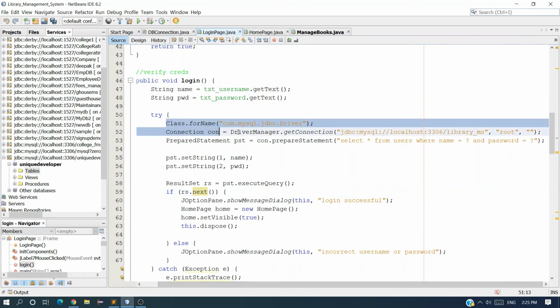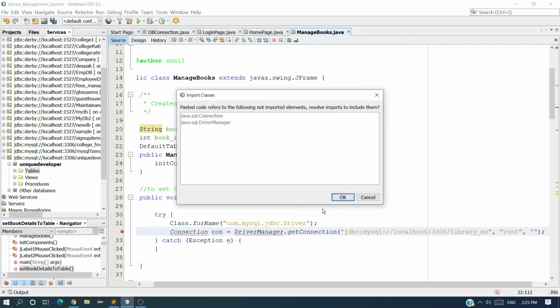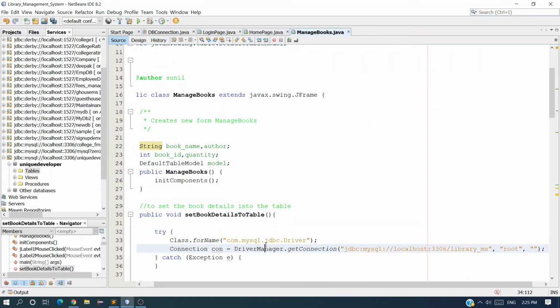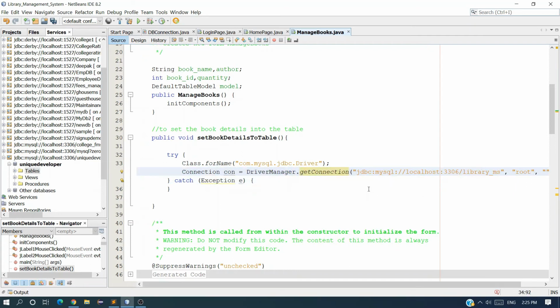Copy Class.forName and this connection string, and come to our manage books, paste it here. You have to change the driver class name if you are using any other driver. I am using the MySQL driver, so I provided this driver. And this is my database connection URL, username is root, password is empty, and this is my database name.